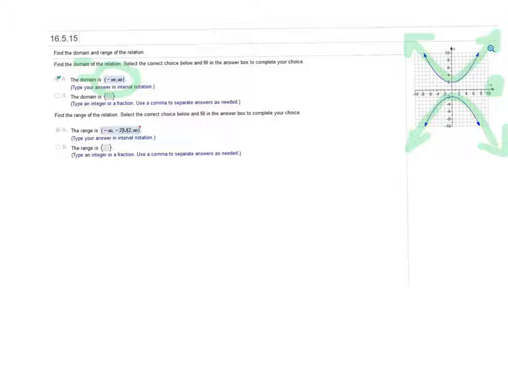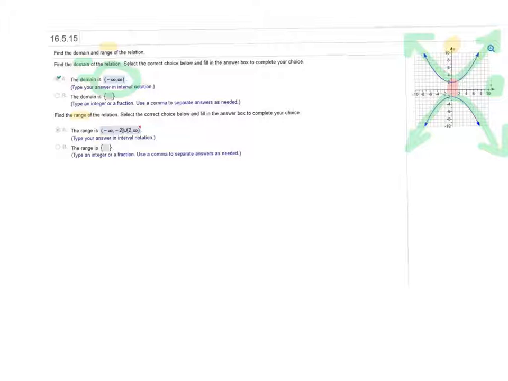The range, on the other hand, consists of the y values. And in this particular case, there are some y values that are excluded from the range. And those are the values of y that are never a part of the graph. And those values are the values from -2 to 2. So in order to exclude -2 to 2, when we look at the range values,